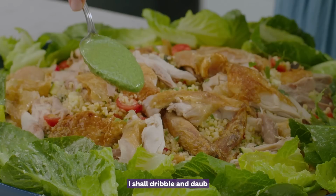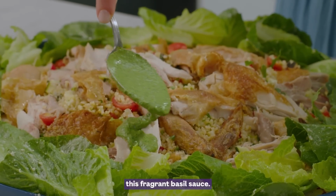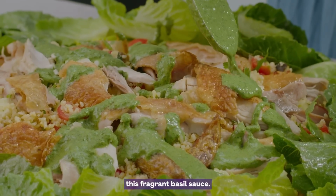I shall dribble and daub this fragrant basil sauce. And you can